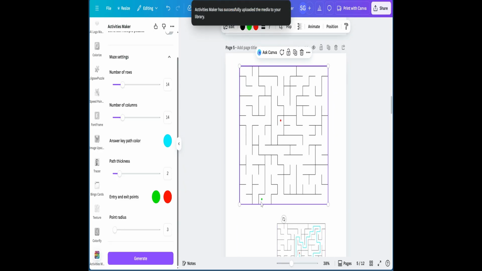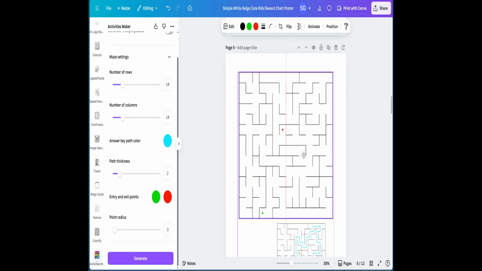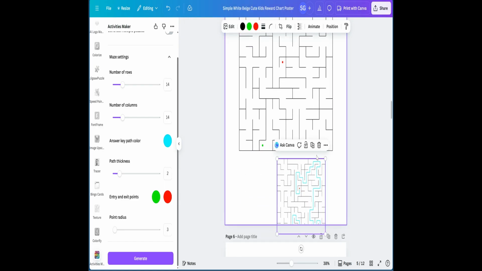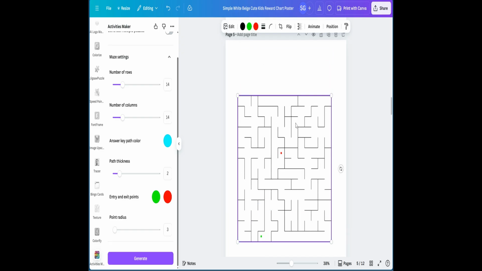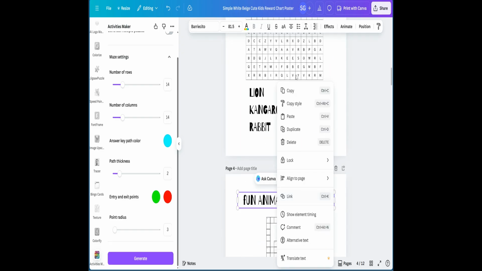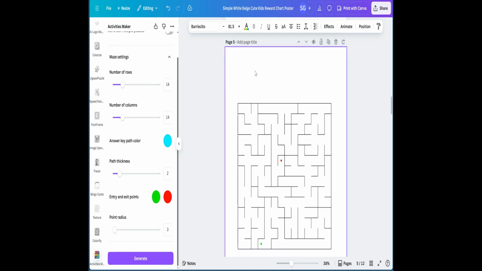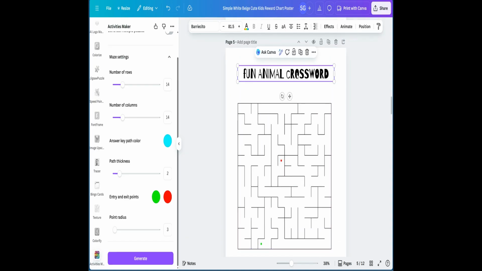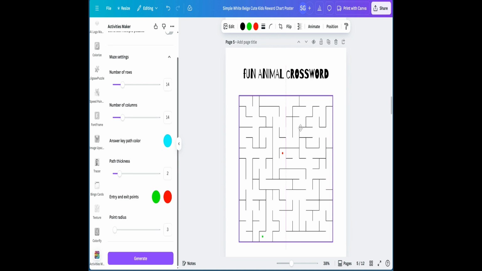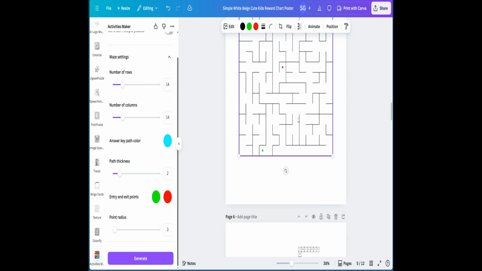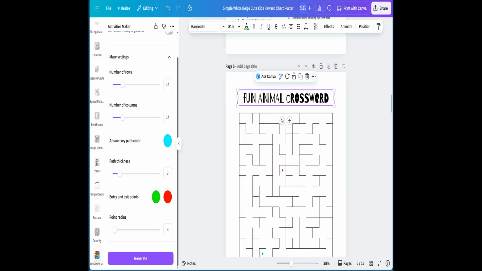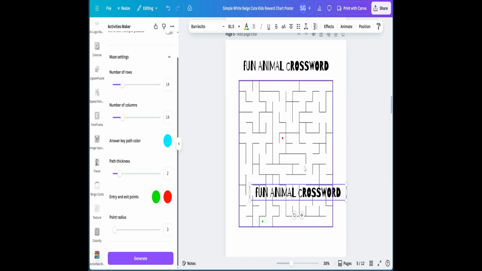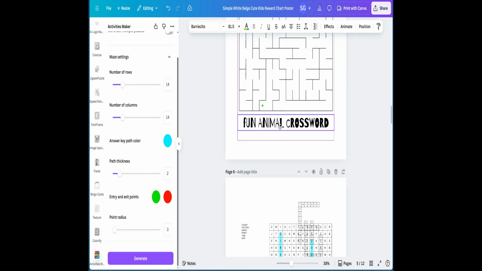So the little dot right here, this is the start. And this is the exit point. Okay, I'm assuming. And so you could design this as well. We can go ahead and copy this and change the text once again. And because it doesn't involve any words or anything like that, you could just put like a prompt here, like letting it know, like, find the hippo. Find the hippo, because since it's animal theme, or find the elephant,